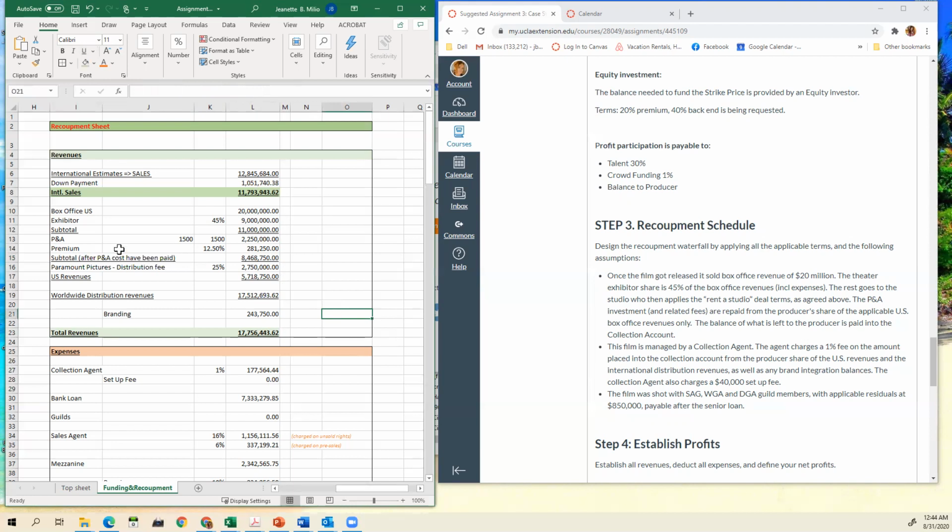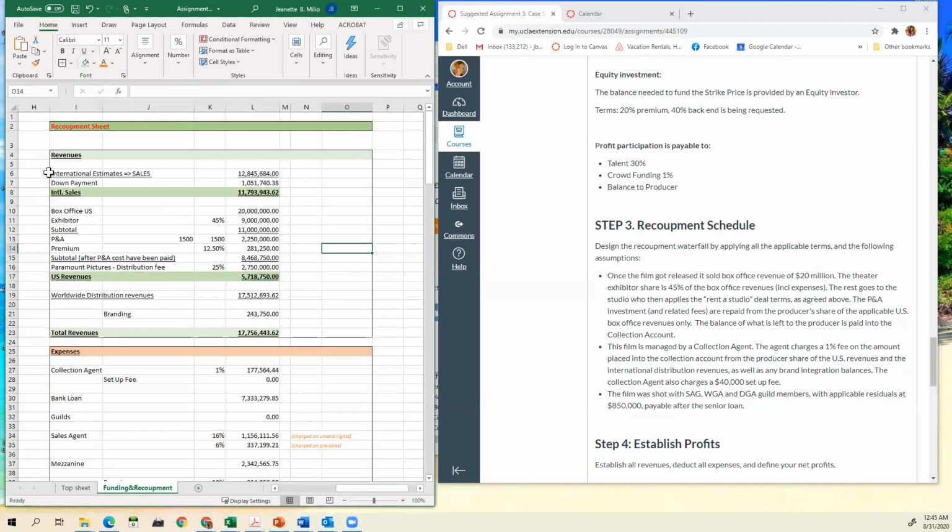So the subtotal is the subtotal for the US revenues, and this is it. Now we have to deduct the distribution fee of 25%, and then our US revenues that are left are 5,718,750. Now we're taking both the US and the international rights together, which gets us 17,512,693. And I'm going to mark this a little, so we know that these are the two revenue